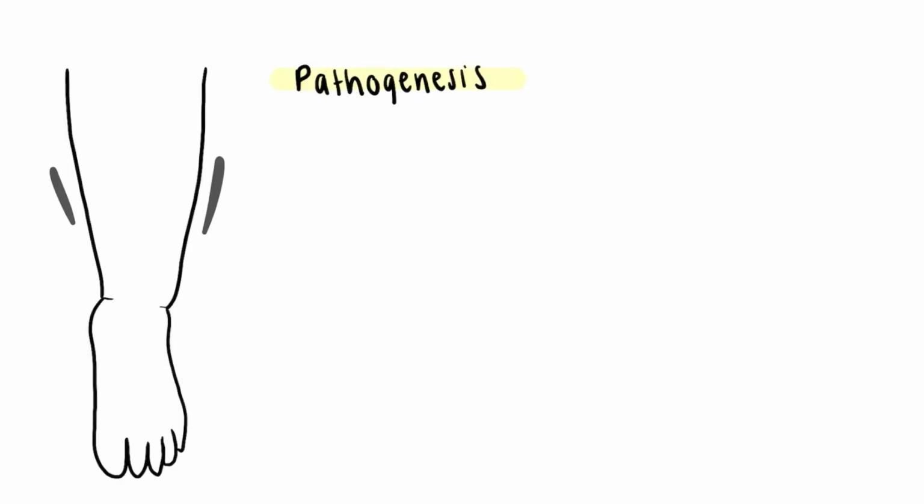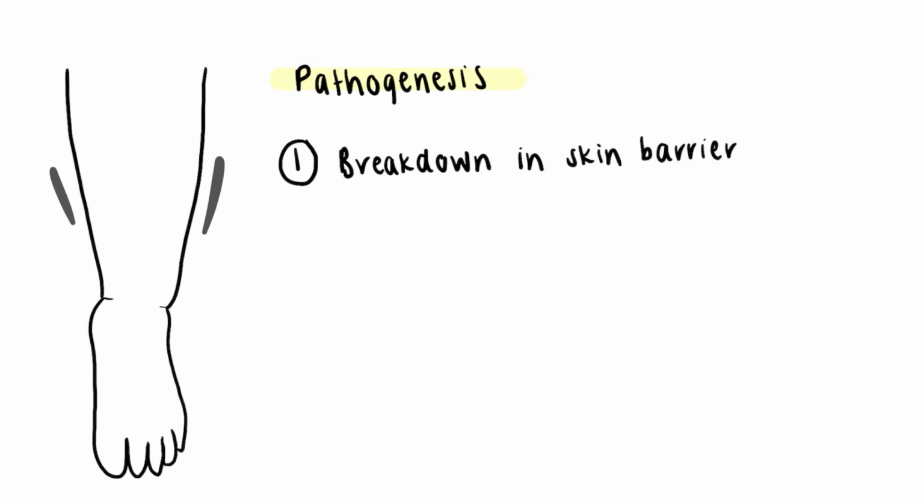Now onto the pathogenesis of cellulitis. This requires two main steps. First, there needs to be a breakdown in the skin barrier. This allows the bacteria entry into the skin. This may not always be obvious, however, it is important to check for any open wounds, lacerations, tinea, ulcerations, insect